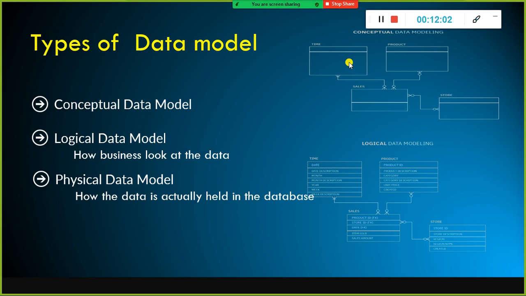And time. The managers want to perform year on year sales performance, quarter on quarter, week on week, or day to day, comparing this day with so and so day's sales analysis. In that case, you need to store the data: year, month, date, quarter. So the granularity of this one is daily, right?